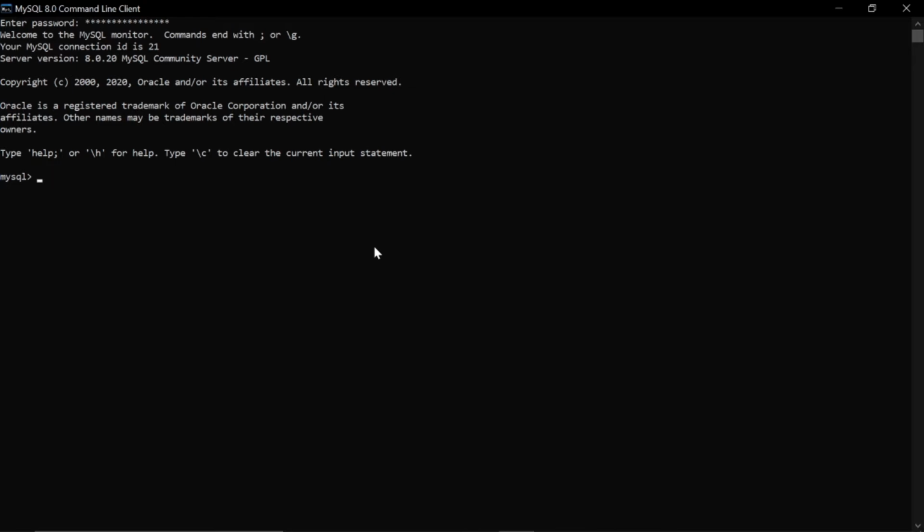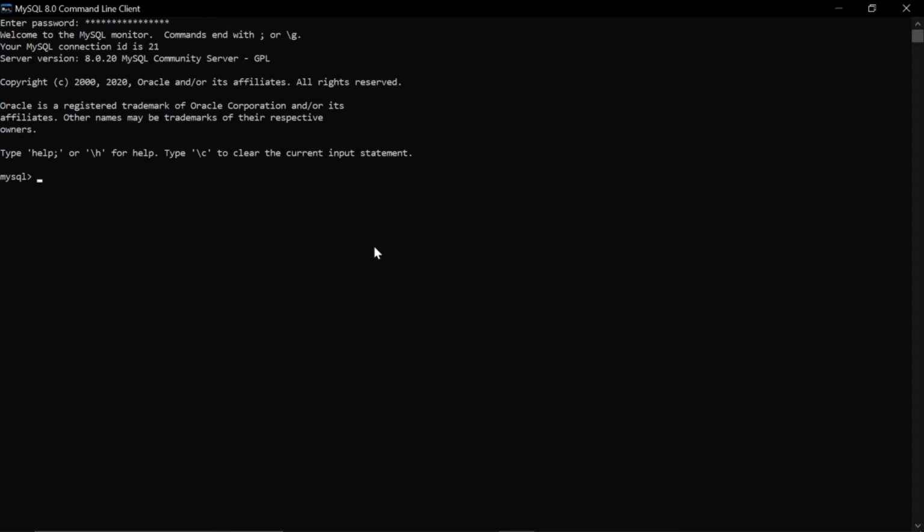Before we start, we know that all our data are stored in the database. So first we have to create a database. Why do we have to create a database first? Let me give you an example, an application like Instagram. If you want to access that application, you first have to create an account in it. In the same way, if you want to insert your data, our data is going to be stored in a database. So for that we first have to create a database in this software in which all our data are going to be stored.